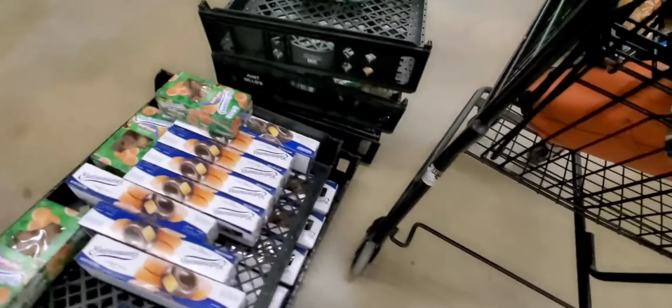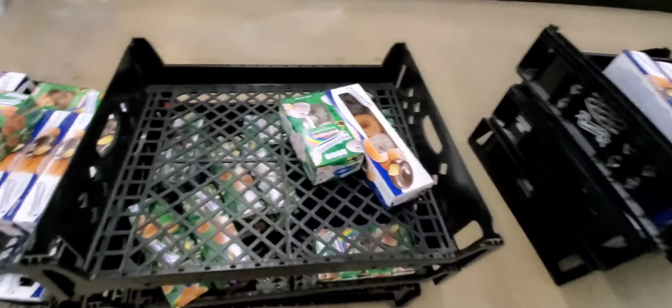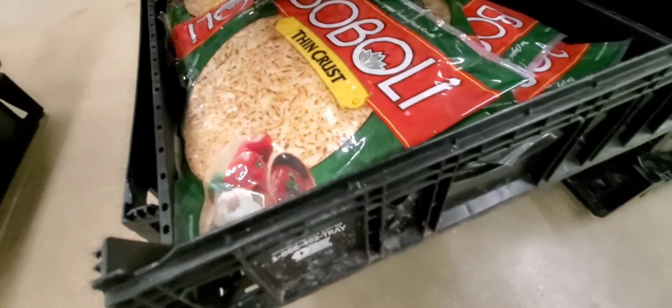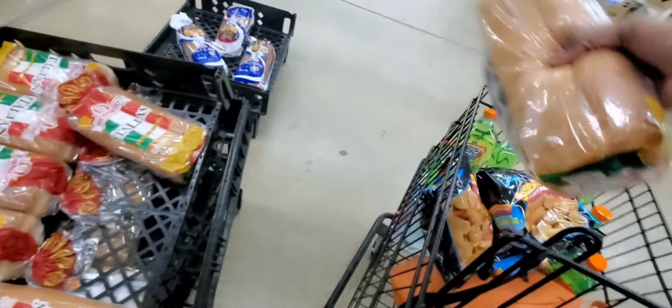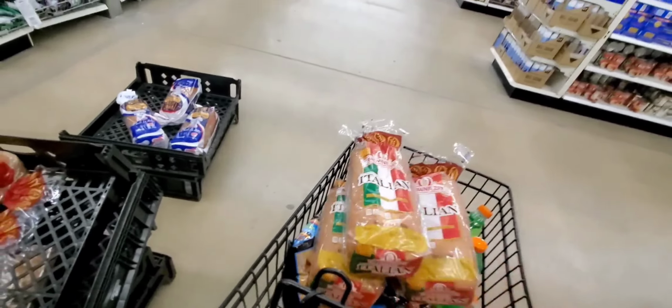Okay, bread. What's this? Donuts, I don't want those. So the Entenmann's people must have been here already. They done collected. That's the white donuts, and the bubbly bread. Oh God, oh, there's some bread. I was about to cry. Okay, I found my Italian bread, so I'm gonna grab 2 of these. I actually need 3. The kids been on a...